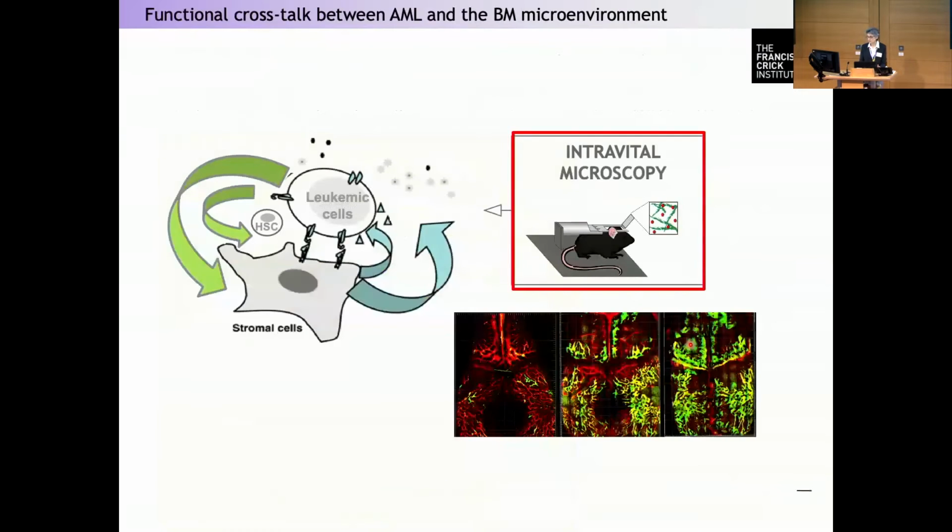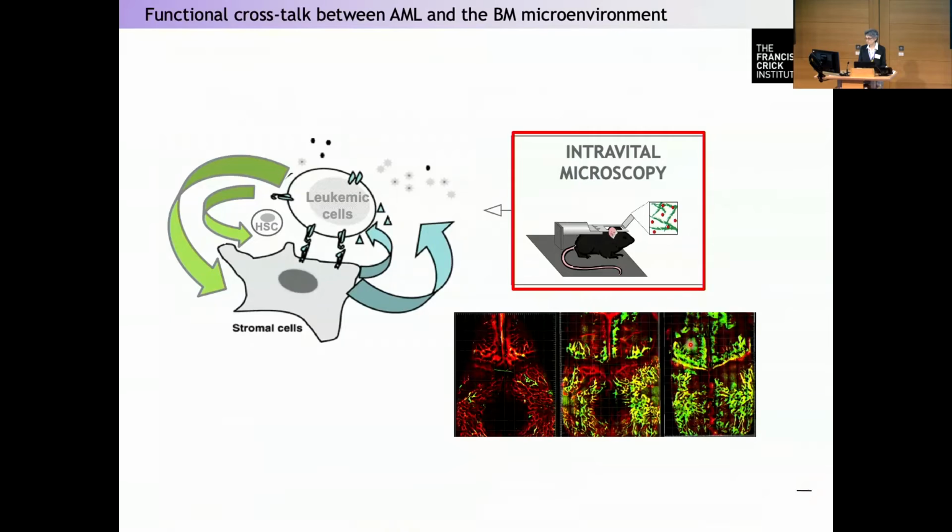And since then, things have improved thanks to a number of groups worldwide. So what we started to do, and that was started in the lab by François Lassailly from the lab, is to try to look into, can we image the bone marrow? Can we look into what is happening? And he developed the vital microscopy,